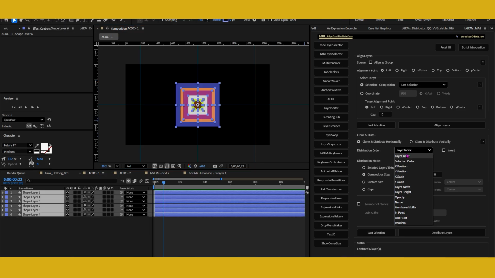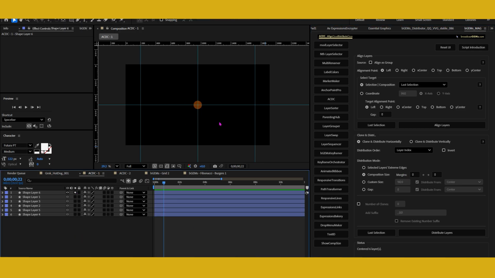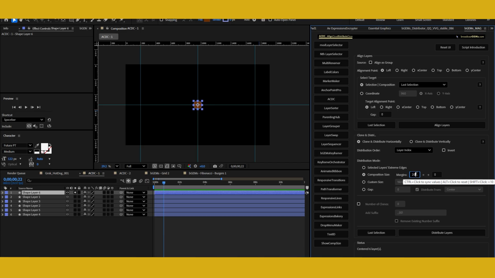Now, here comes the beautiful stuff with the distribution order. A lot of distribution tools do not offer you this option. Alright, so they allow you to distribute based on gaps, for some, but I don't think you have all the options here, even setting margins and whatnot. In fact, let me show you margins quickly. So you can set 200 margin on the left, shift click,